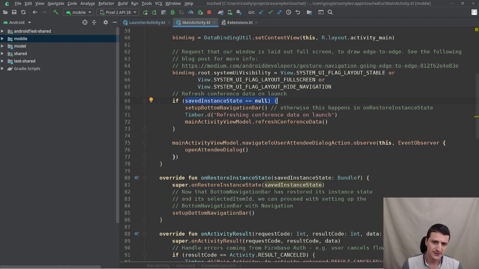But if that will be some kind of fast-moving application where requirements change, and tomorrow your designer comes and says, well, we thought about that, let's change that, and product manager says, we know, I don't like this bottom bar, let's try upper tabs, let's try navigation drawer, whatever, then code like this is something that bites you in the ass very hard down the road. It might take a year, 2 years, but at some point you just, at least me, at some point I'm always really sorry for planting this kind of code, this kind of